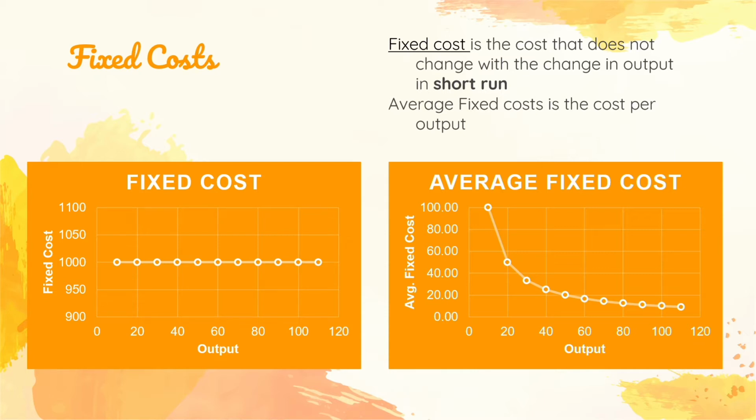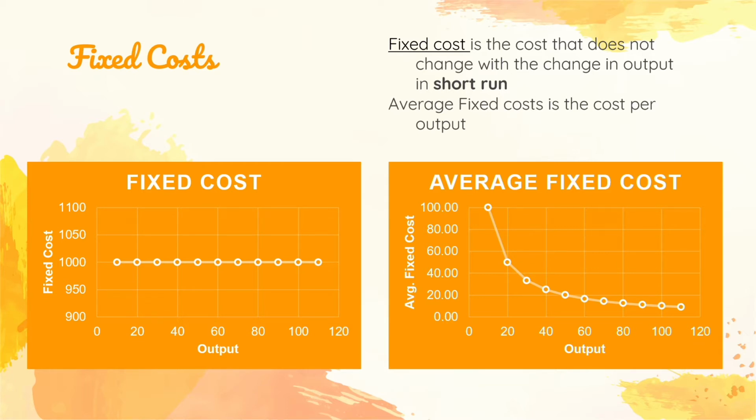So basically, for example, if you start a business and you have machinery, that machinery is a fixed cost. If you're producing 10 goods with those machines, the cost won't change. If you're producing 20, you will be using the same machine. You won't buy an extra machine, right? If it exceeds the capacity, then of course you will buy a new machine for your company. I hope you understood.